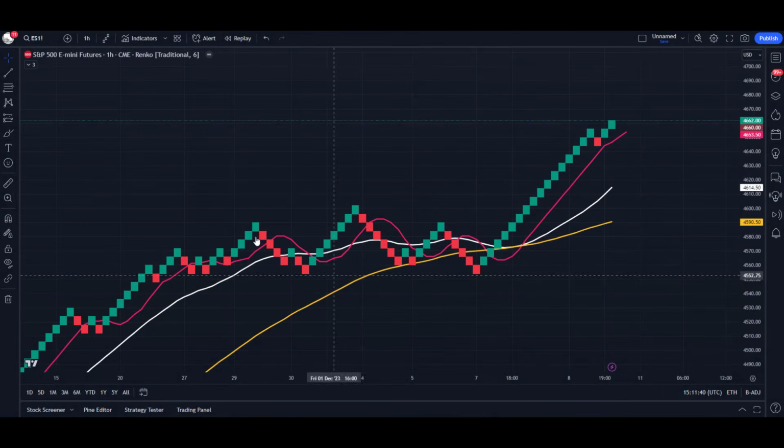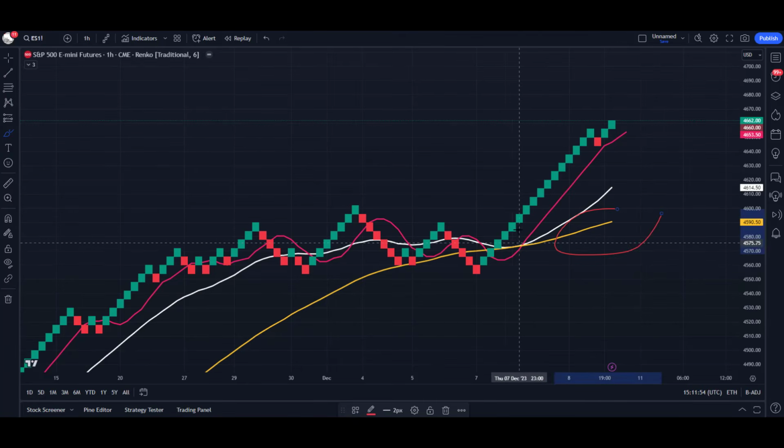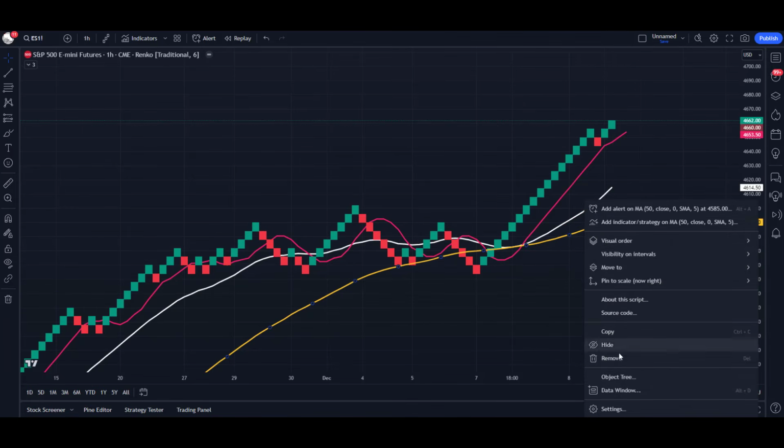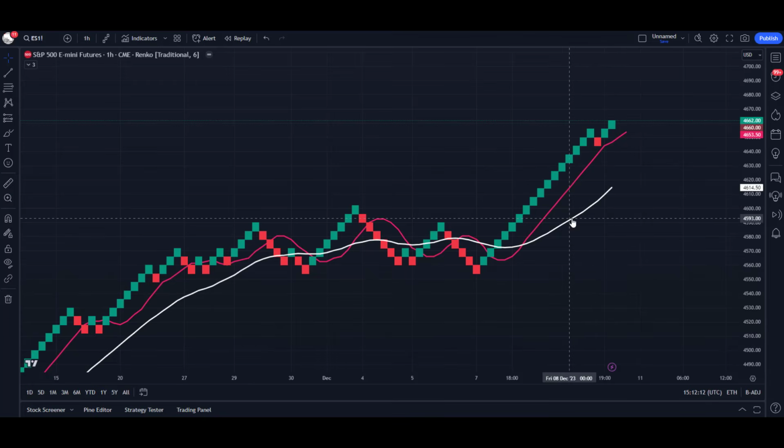And finally, we've got moving averages, easy to find again under the indicators tab there. I've got on here a 50, a 20 and a 10. You could maybe use the 50 as a trend direction. If the price is above, it's bullish, below, bearish. Now what you will also notice is the pink line there, the faster moving average. Let's just clear off some of the noise there. Let's just hide those moving averages there,